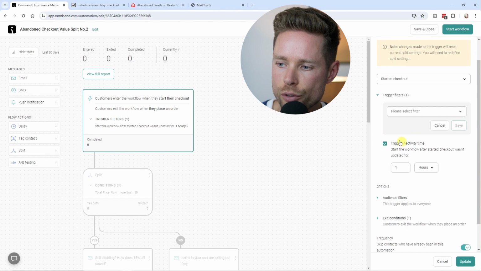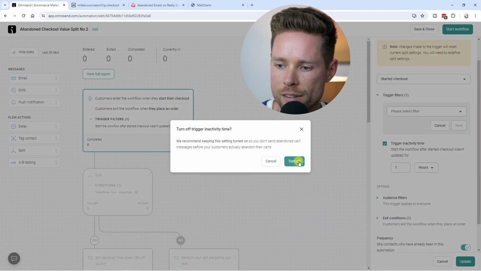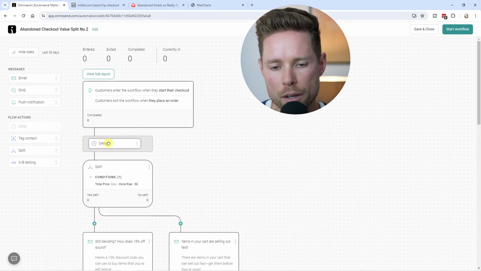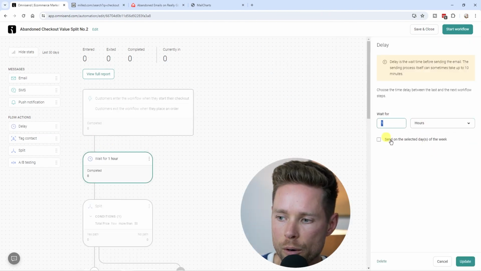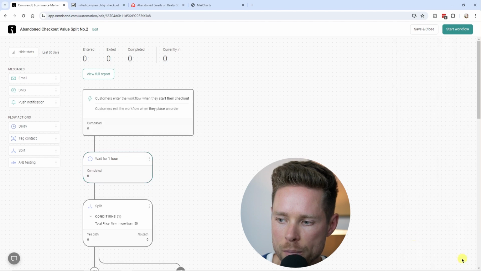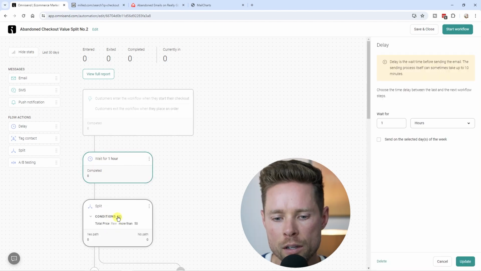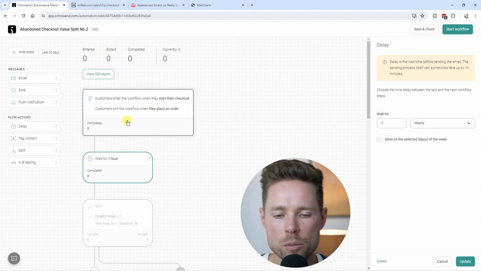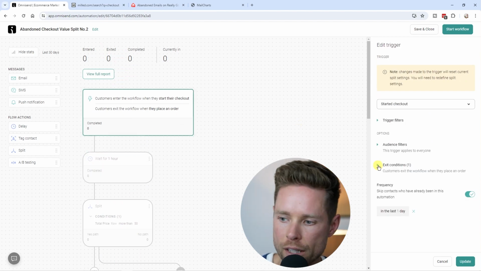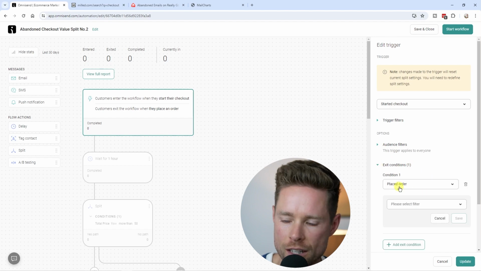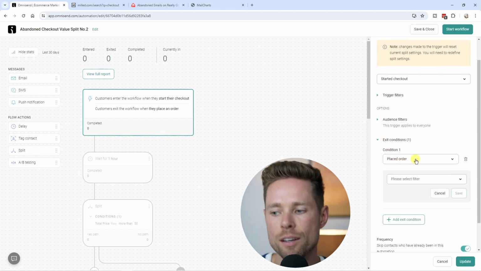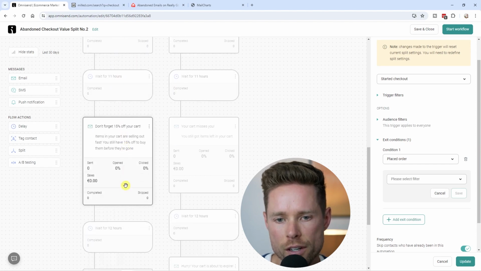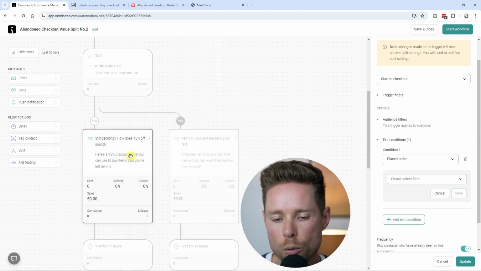So you can use this trigger filter, but you can also disable it, turn it off, and use the delay action. So you can pop it over here and then change this to 1 hour, and click on update. So now we're going to wait for 1 hour before we send our first email, to give the contact some time to purchase our product. Then over here we have one exit condition, as you can see, and the exit condition is if someone places an order. So wherever the contact is in this specific journey, if they place an order, they will be removed